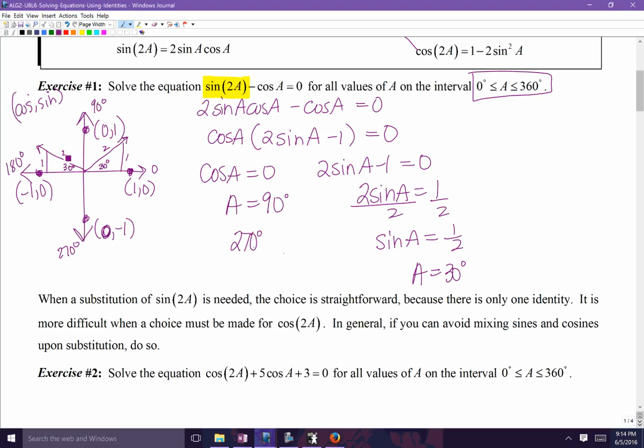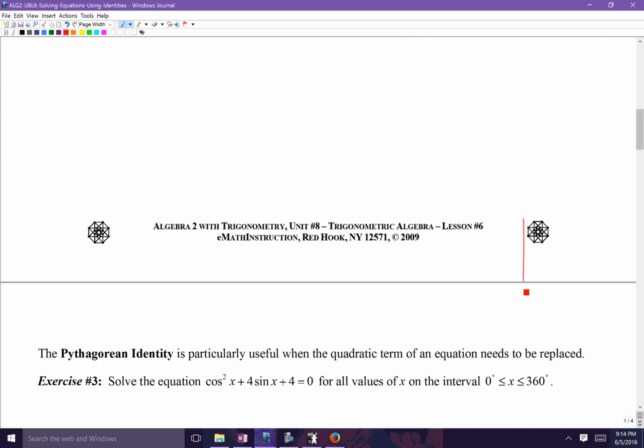Right, this would be 1/2. Well, how many degrees did I have to travel in order to get a reference angle of 30 degrees in the second quadrant? Well, I had to go 90 degrees